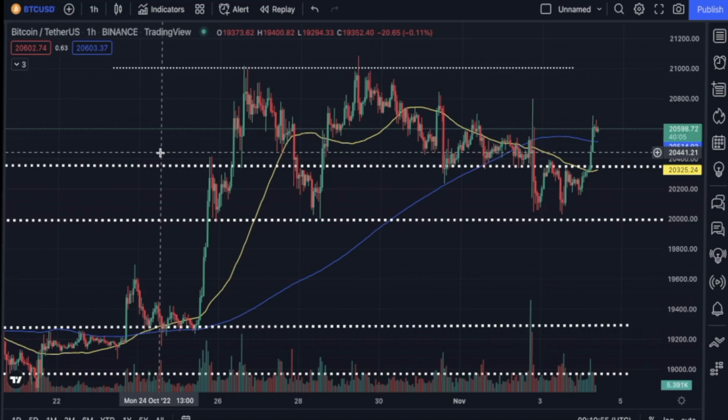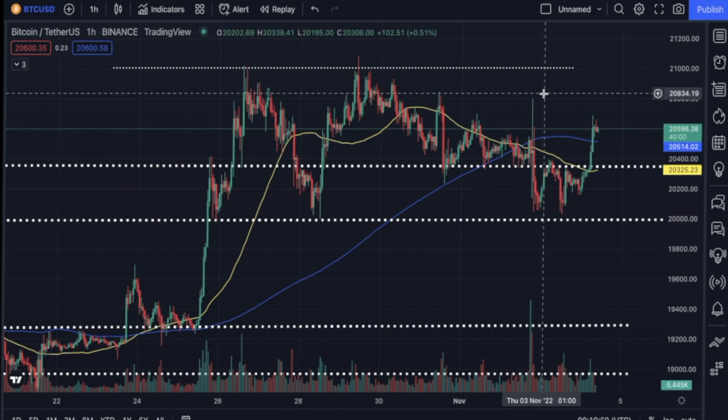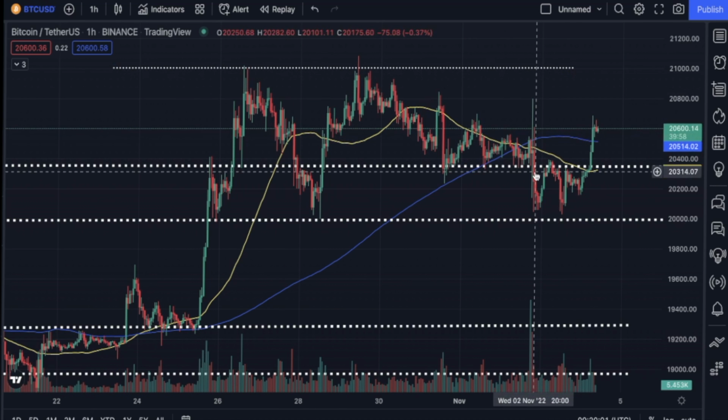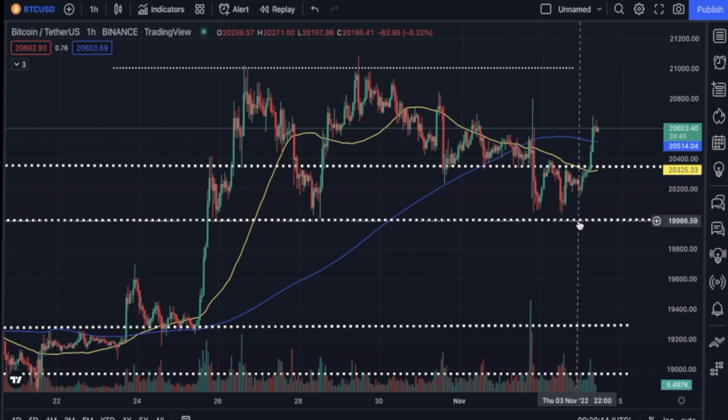So guys, welcome back to the charts. Right now we're looking at the Bitcoin USDT 1 hour chart. And as you see, the price did drop as we expected from this level all the way down to 20,040-ish level. So it didn't reach the $20,000 support level, which could be expected because, like I've said many times on